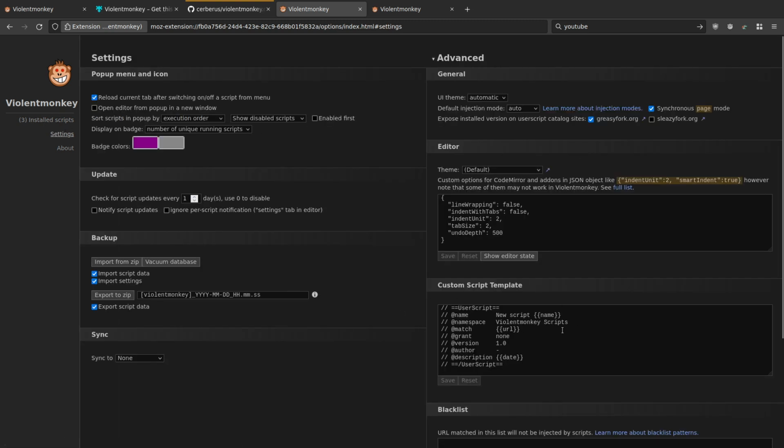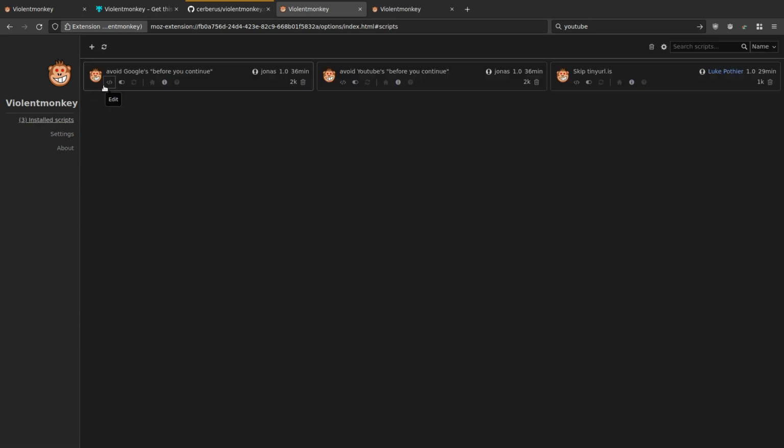So that's what that little section is. So this is a good alternative to TamperMonkey, but as I said, the only thing I found was I needed to enable this to actually get it to run those TamperMonkey scripts. And I think the other thing, if I come into here,